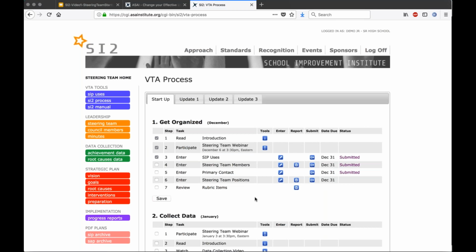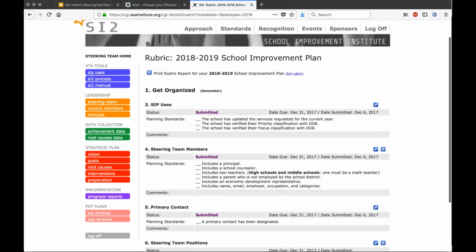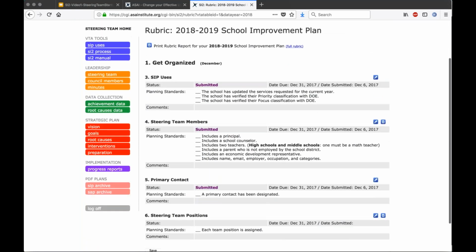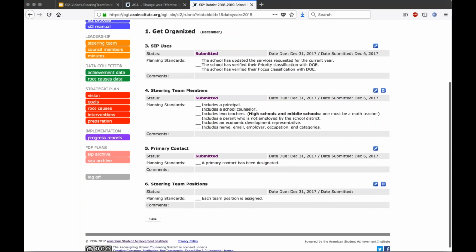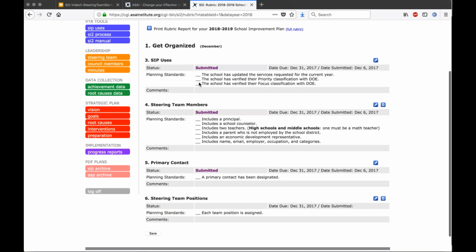But I can look at my rubric items, so I can just make sure that everything I've done is going to meet criteria. And it's a great idea. We put that at the bottom, but it's a great idea to look at this at the beginning of each month and just get an idea of what the expectations are. So in SIP uses, we give you the planning standards, and they're all listed right there.